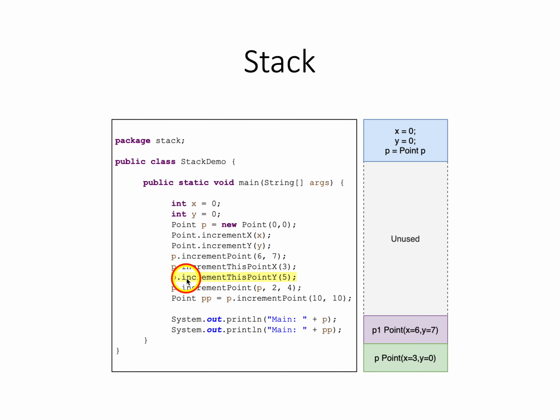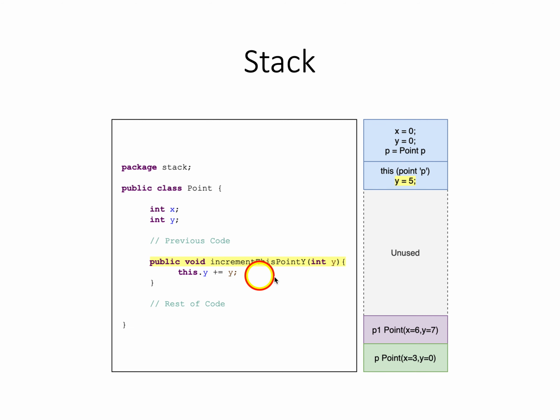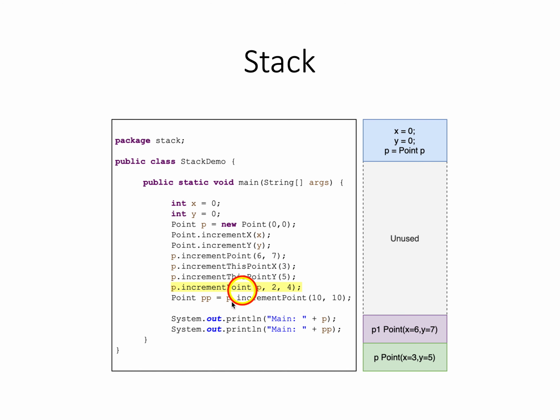You would get an error, and it won't compile and run because it's saying what point am I referring to? What are you referring to? Because this is a non-static method, and we'll increment it there. This is another example of how this is a non-static method, increment point, and this is an example of